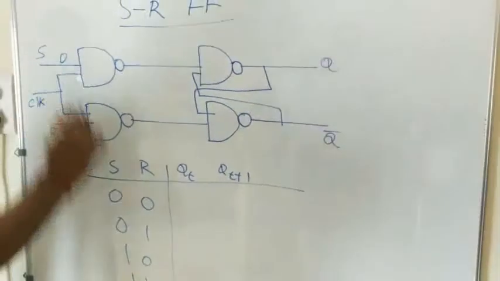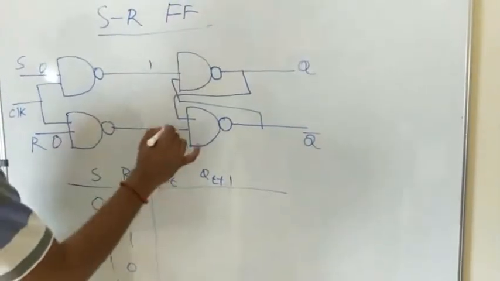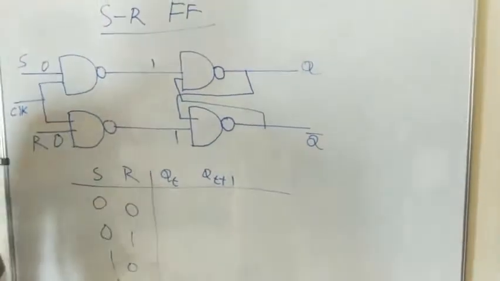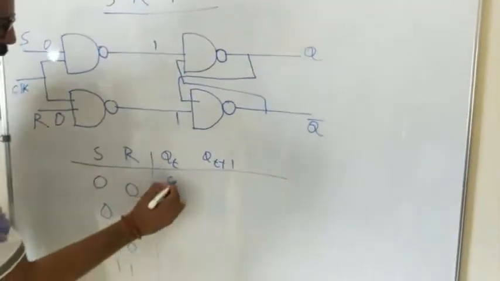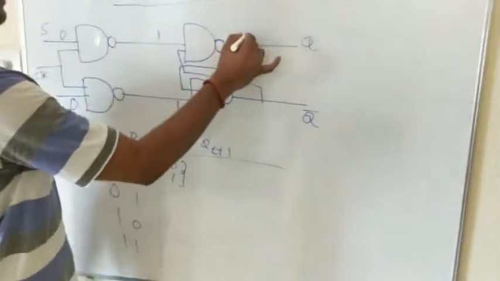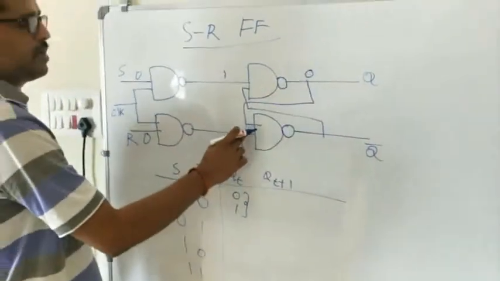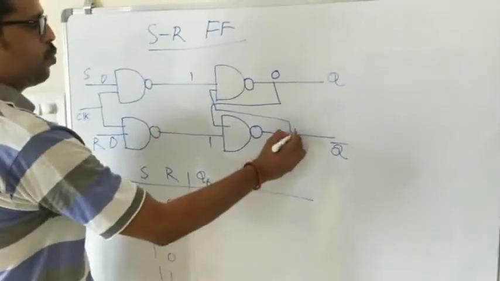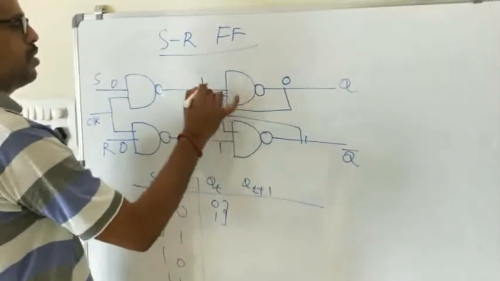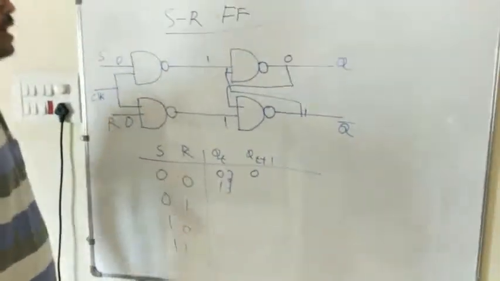If any one of the input is 0, the output of NAND gate becomes 1, right? So here it is going to be 1. Now we are going to check with the present state with the values of 0 and 1, right? We will assume the present state of Q is 0. So what will happen? 0 will come here. So here we will get 1. This one will go here. 1 1 means it is going to be 0. Correct?